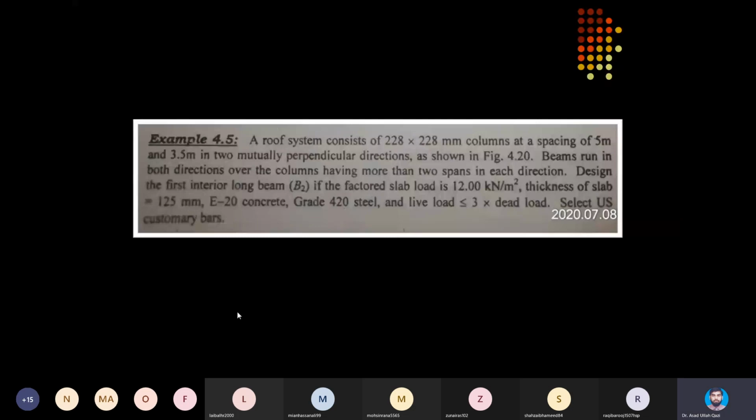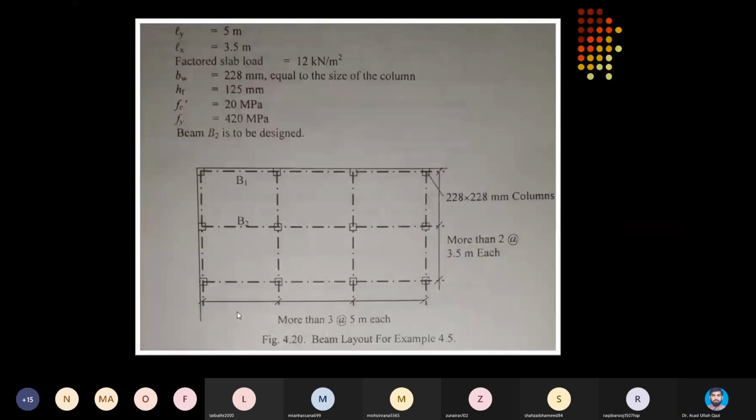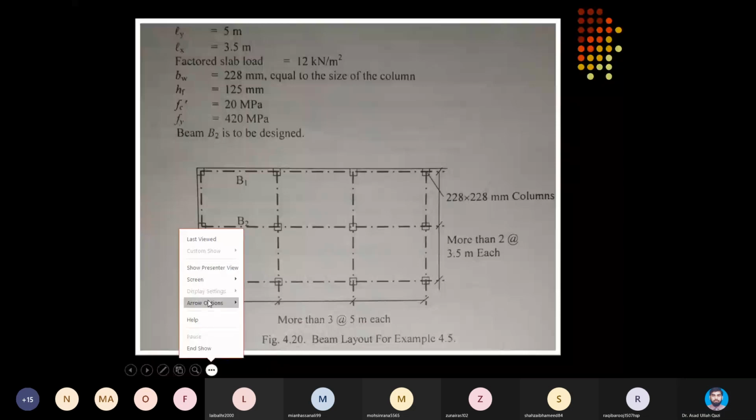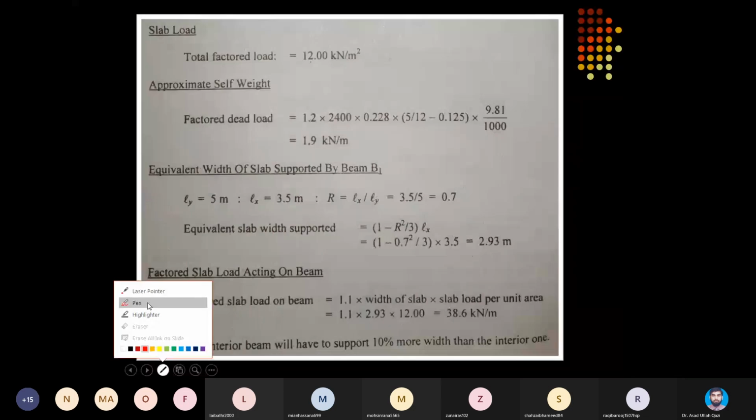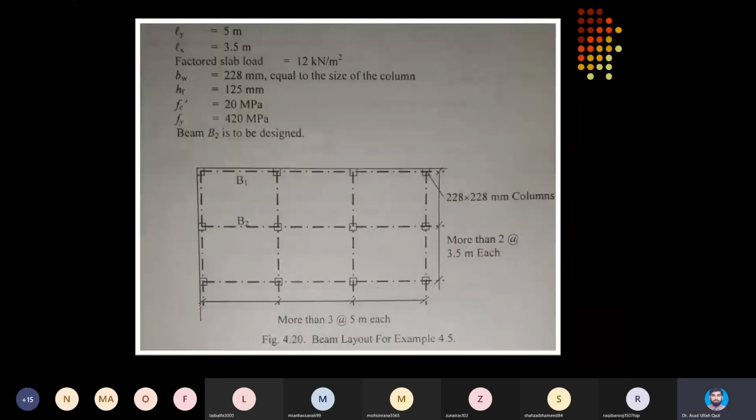It describes a slab system, which is a roof slab, and this roof slab has columns at a spacing of 5 meter center to center along x-axis and 3.5 meter center to center